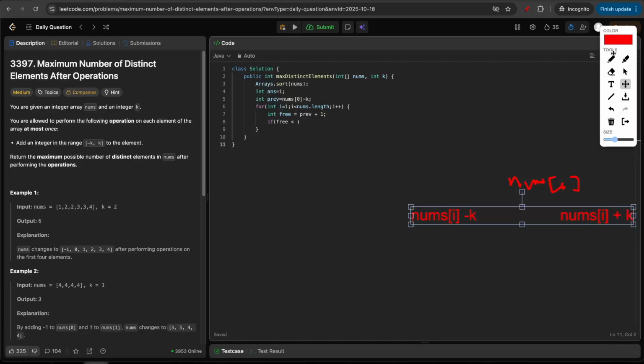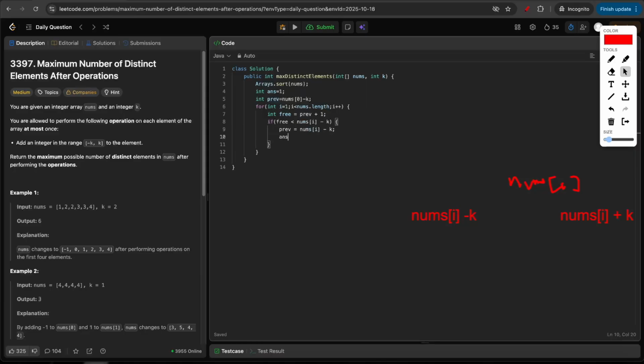For any number our range is from nums of i minus k to nums of i plus k. So if our free is less than this range, that means free is less than nums of i minus k. So if it's less than this, then we can directly assign previous equal to nums of i minus k,